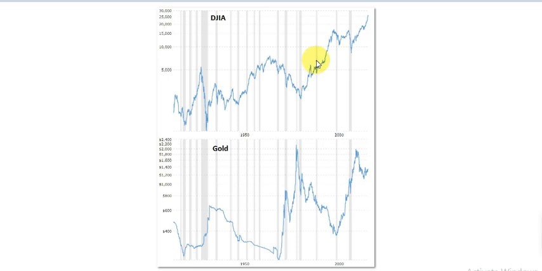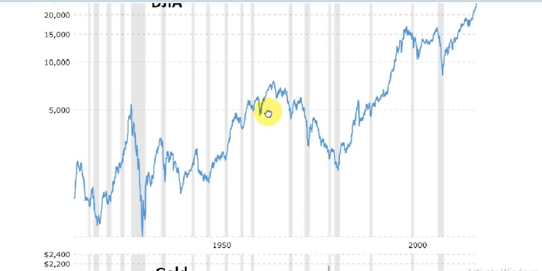So what I want to do with this chart is I want to talk about three time periods when stock market decline can be correlated with an increase in the gold price. And after that, I want to conclude with some potential future scenarios for stock markets as well as the gold price. So firstly, one of the three periods that I want to talk about is this